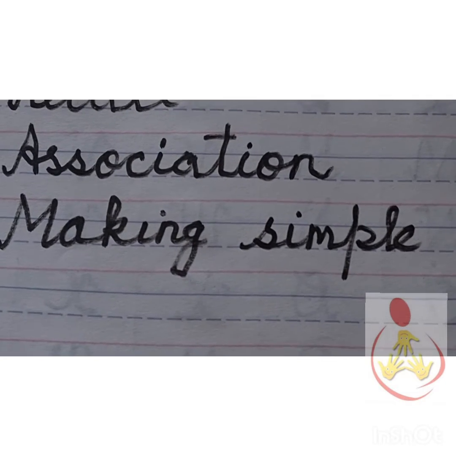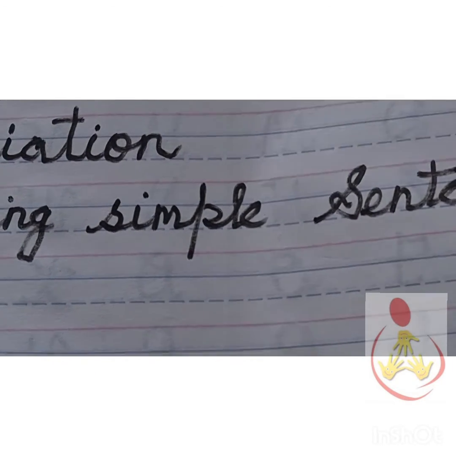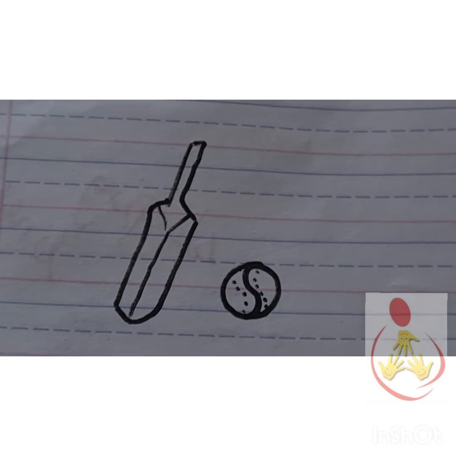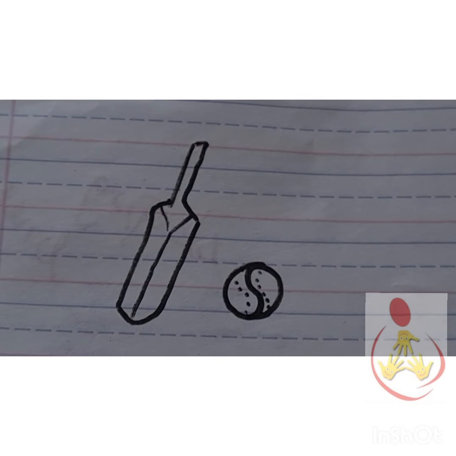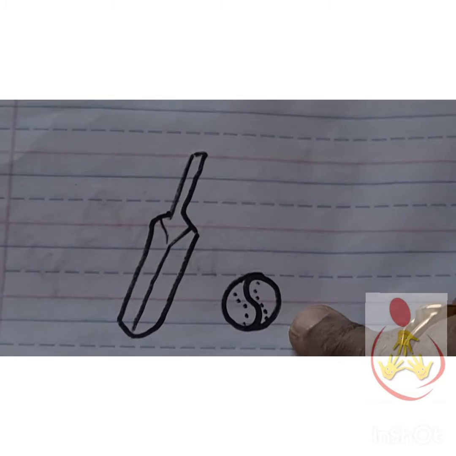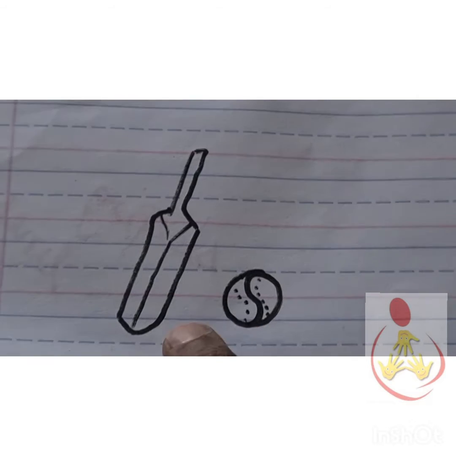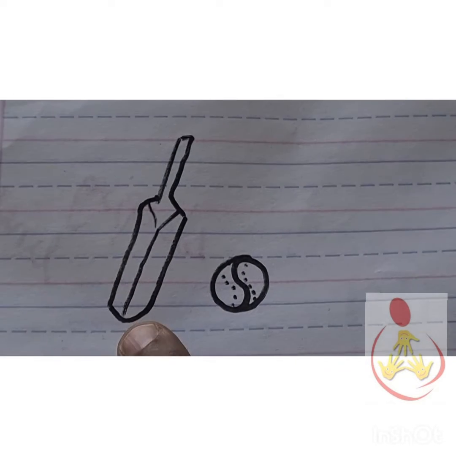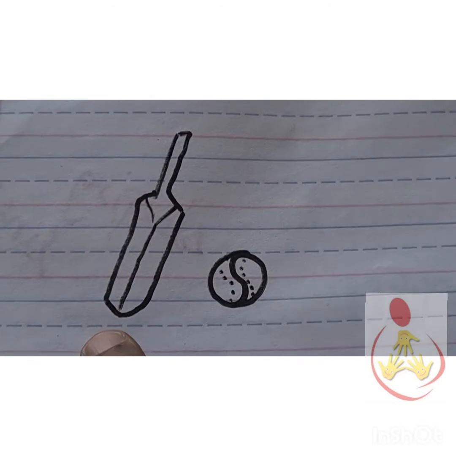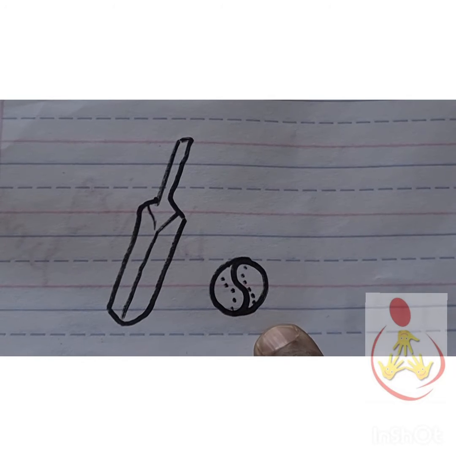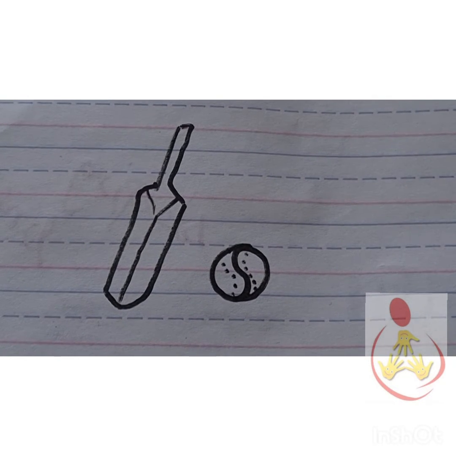Today what we are going to focus on is making simple sentences. I have a set of pictures here, very simple pictures like I told you yesterday. Only to us do we need that fine perfection in drawing, but kids can instantly associate what we have drawn with what they use every day, what they see around them, and immediately they'll talk about it. If you see this, ask them what it is. If they say it's a bat and a ball, ask what you do with a bat. You hit the ball. In which game do they use it? Cricket. So you're introducing them to a bigger word.